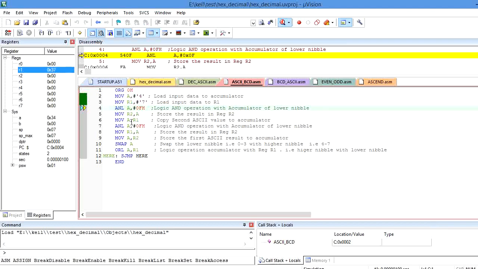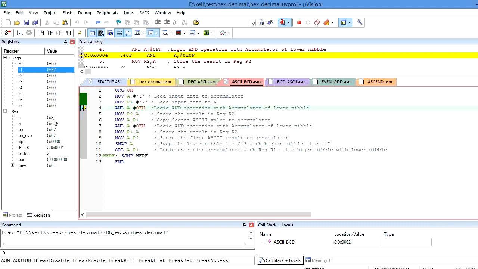Now I am performing a logical AND operation on the lower nibble of the accumulator. So 34 AND 0F: it will perform the logical AND operation on 34.